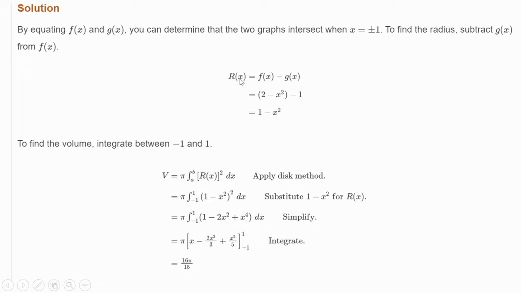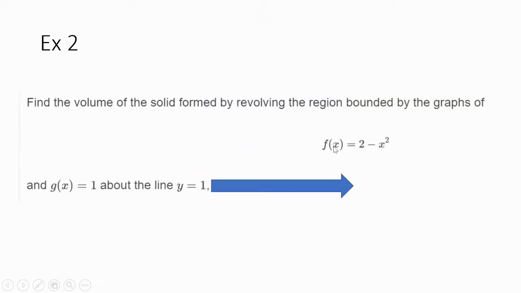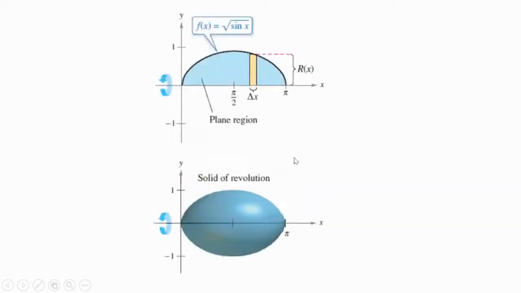And the r of x, going back to the picture again, the r of x is going to be the distance between 2 minus x squared and 1. So if you take 2 minus x squared minus 1, you get 2 minus 1 is 1 minus x squared. So you see that's also going to be